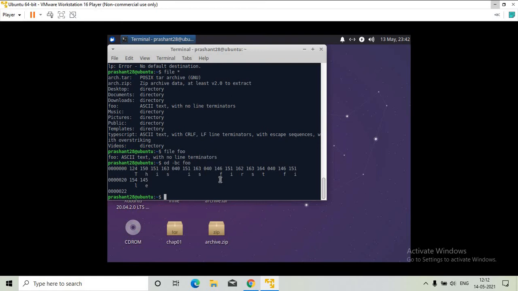So we have comparing files. We can compare two different files. Suppose I take chapter 1.